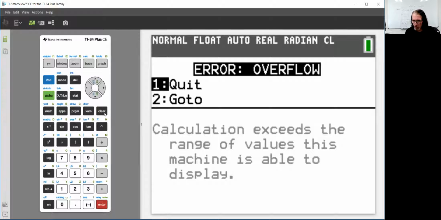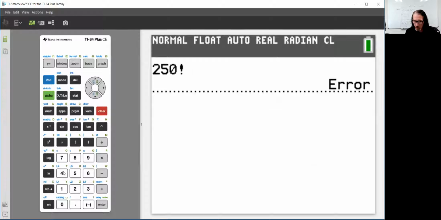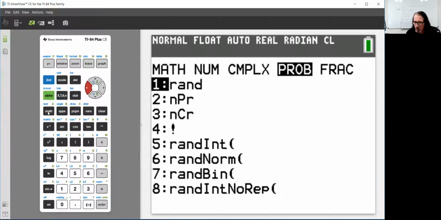It cannot calculate a number that big. But what I can do instead is type the 4 first, and then the math key again, the probability submenu, choose number 2,